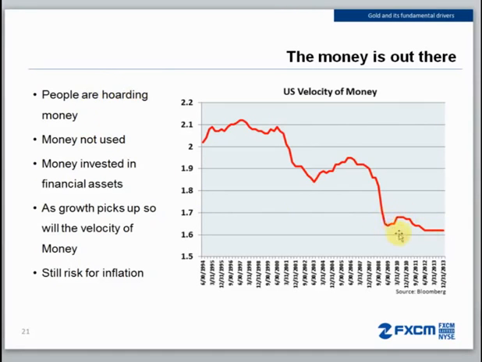And what happened, especially here, because this is obviously the US, is that people have been hoarding, and this is all the way until the last quarter of 2013. So people are still not using the money, and they're still not using everything that has been printed by the central banks. But when the unemployment rate moves lower,